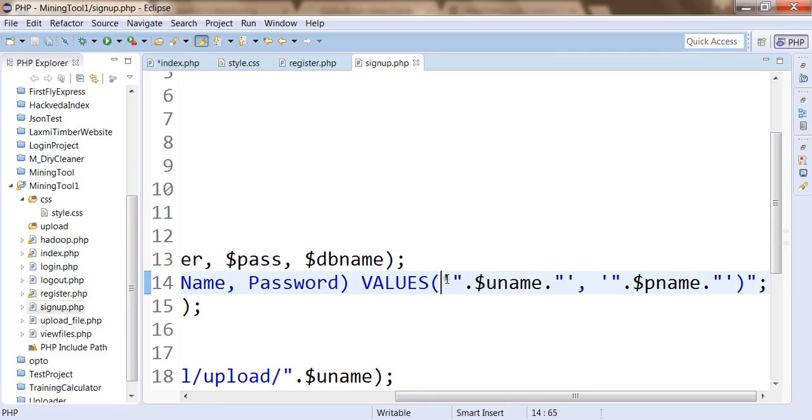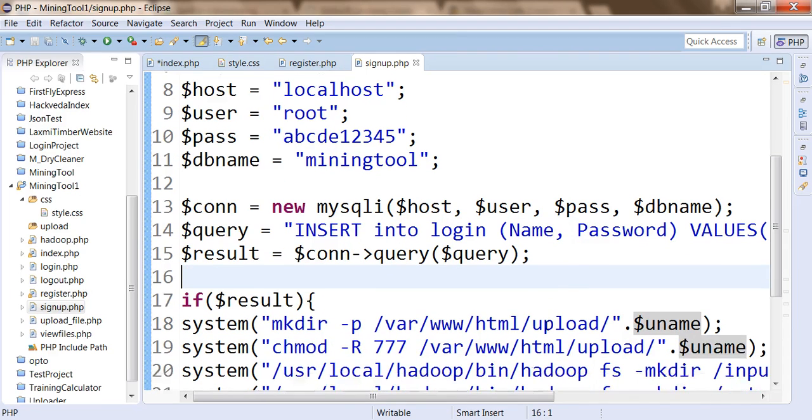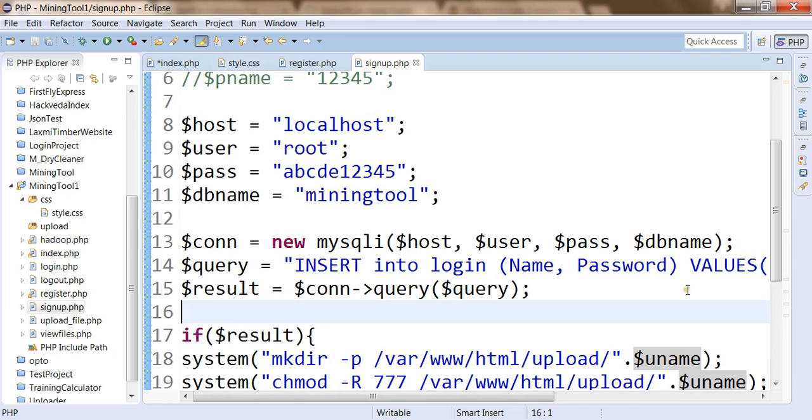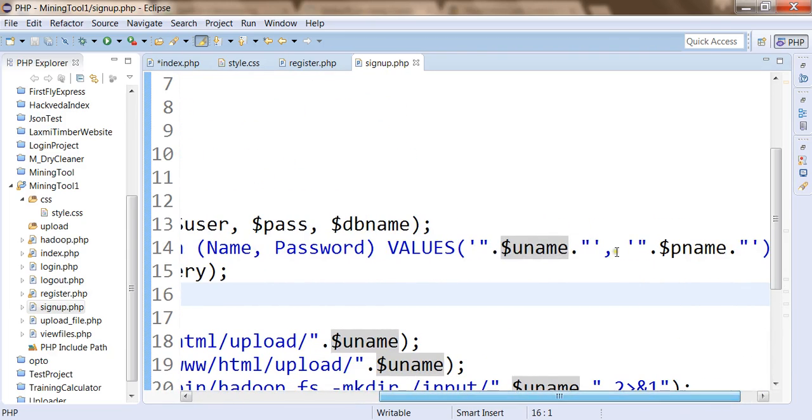So we have started a single quote here, then we have ended the string, then we have concatenated the uname variable. This uname will be the username which we have received. Then we have used the concatenation sign again, and we are concatenating that with a new string.